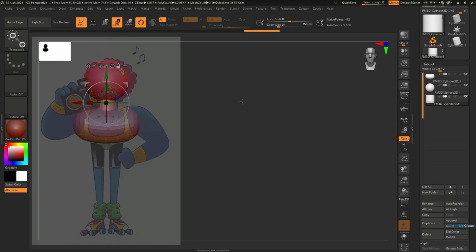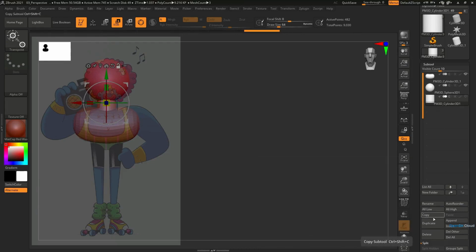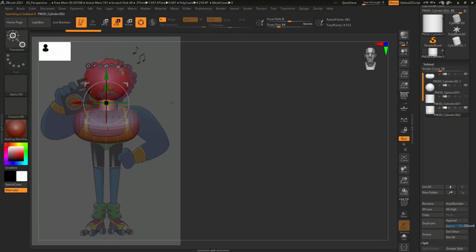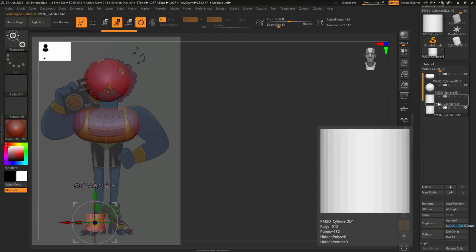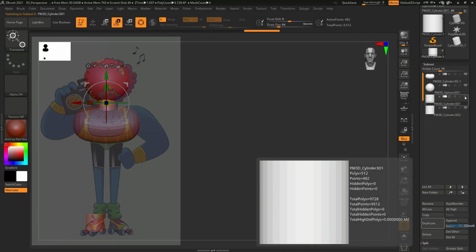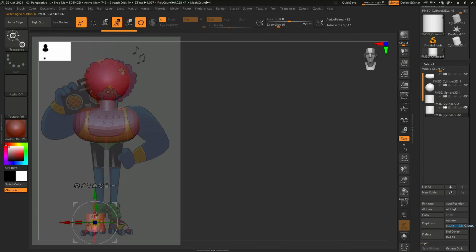Next, I want to make a foot. For this, I'll just select the cylinder and duplicate the subtool. Then I'll select the new subtool and position it in place of the foot. Pay attention that the old subtool exists now, but it isn't visible in the viewport. Just click on the eye icon. I'll position the foot a bit more,